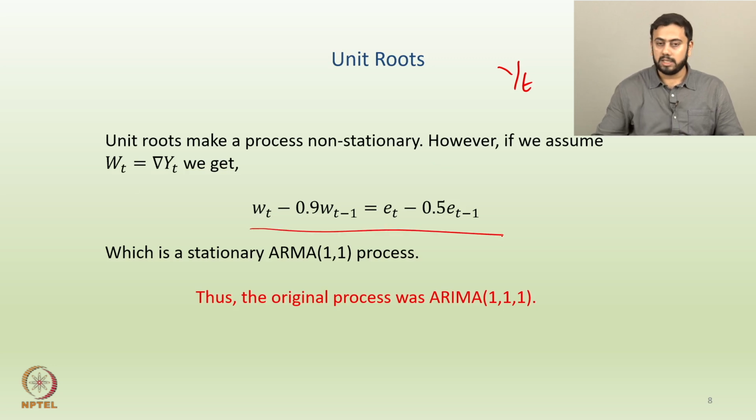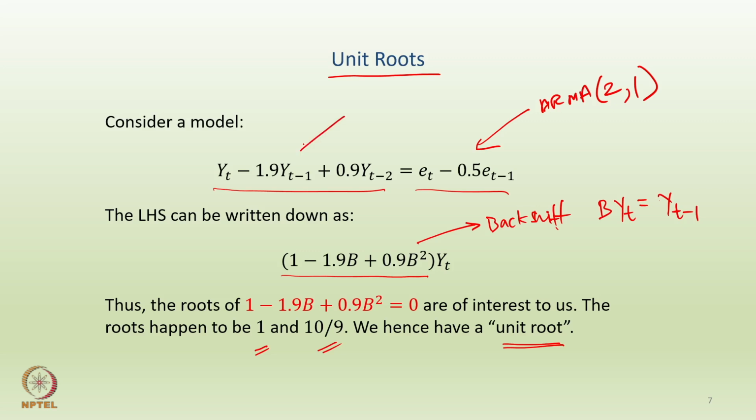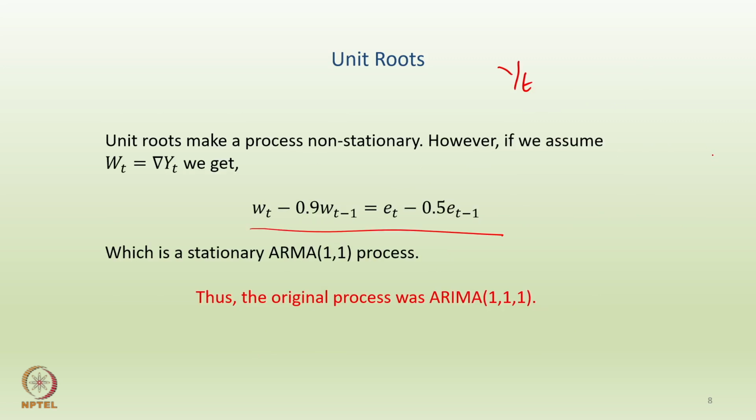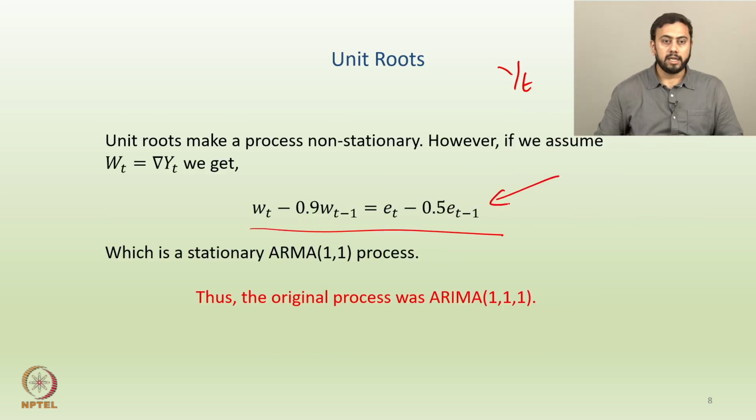So, again if you go back one slide, we started with this model in terms of yt. Here if you apply differencing 1, so if you calculate something like that, which is nabla yt, which is of course Wt as per our notations, then eventually you end up getting this equation. And this is nothing but a stationary ARMA 1-1 process, make sense? And hence we argued that the initial process yt follows an ARIMA process with 1, 1, 1. So, the initial process yt happens to be an ARIMA 1, 1, 1 process.